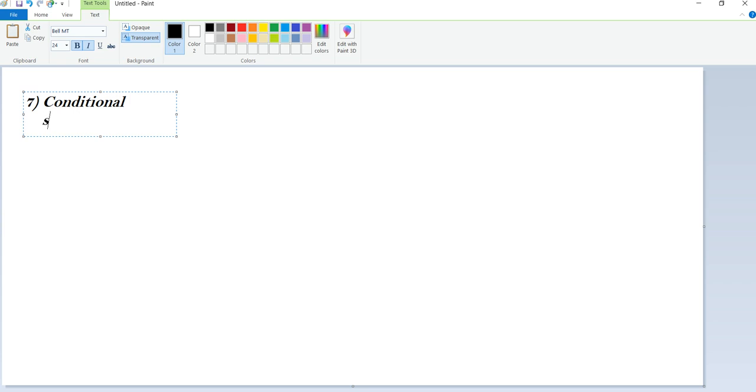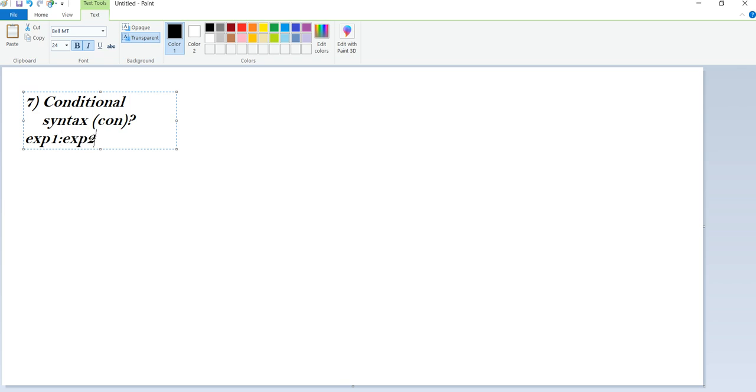The syntax is very simple. I write here condition, then question mark, then expression 1, colon, expression 2.